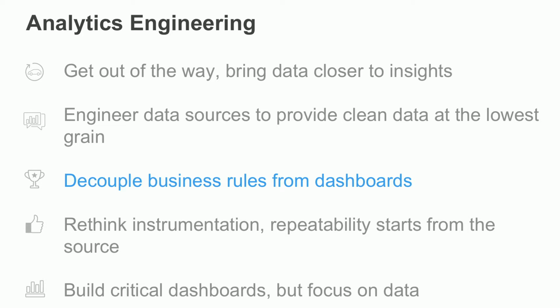And get out of the way. I think that's another thing I want to talk about. Self-service is all about getting out of the way, so that people can get closer to data. Most of the time, we slow ourselves down by creating blockers for people to get access to data. Whether it's an analyst or data scientist, the whole aspect is to engineer the system and get out of the way, let them use it. And build the quality into the engineering processes so that you can get the data to anybody who wants access to it.